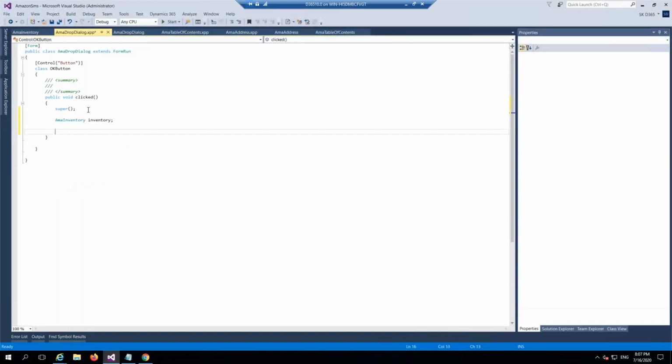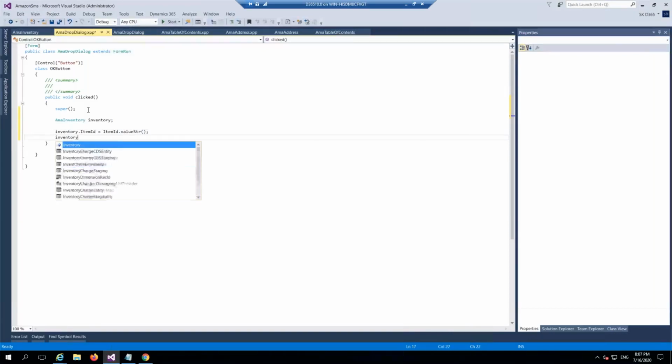If you have defined your unique indexes, you can directly use inventory dot item ID equal to item ID dot value str, and then inventory